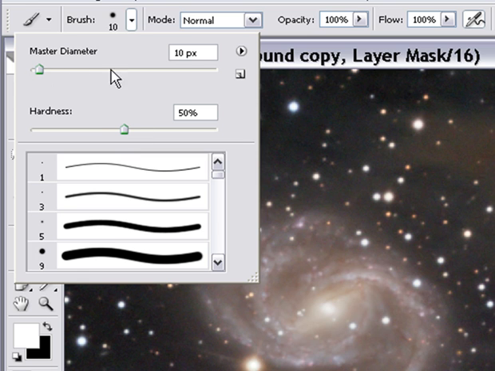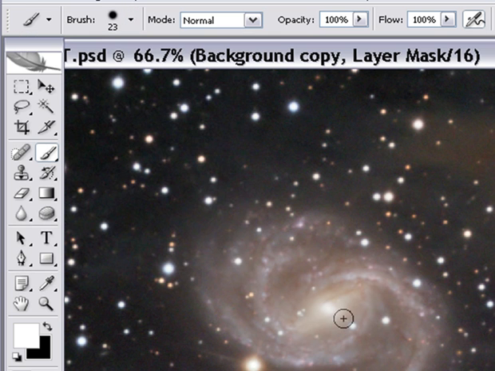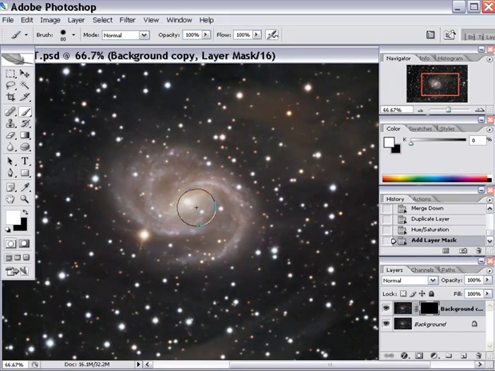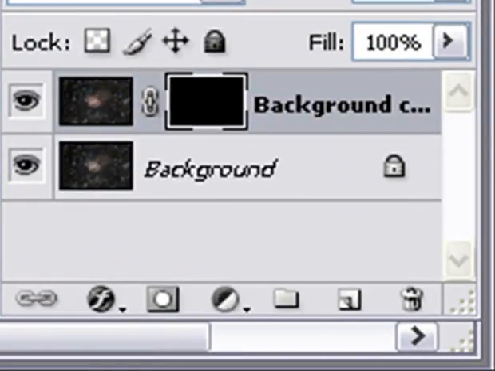And the master diameter can be varied here with the slider or with the bracket keys, bracket being between the P key and the backslash key, thusly. So with white paint on the tip of my brush tool and making sure that the mask itself is highlighted and not the image,